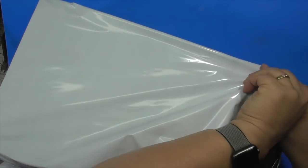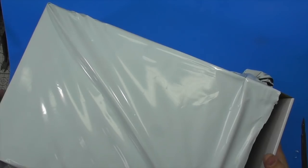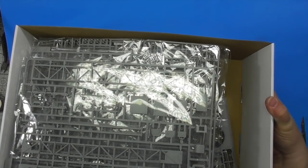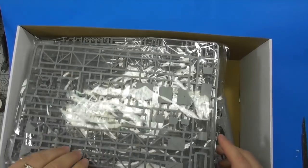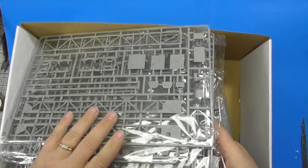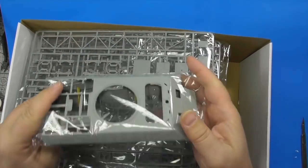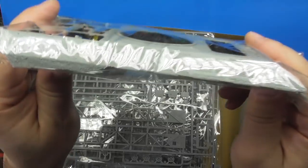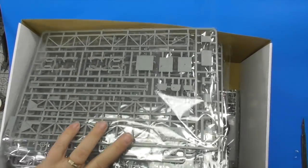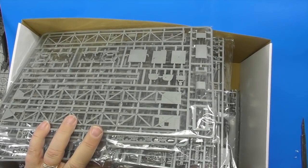Are we ready? With the full box. It's basically the bottom of the box, just wrapped in plastic. Can you tell just by the parts? I cannot. But looking at the turret, it has Zimmerit on it. So, this is one with Zimmerit. It is,